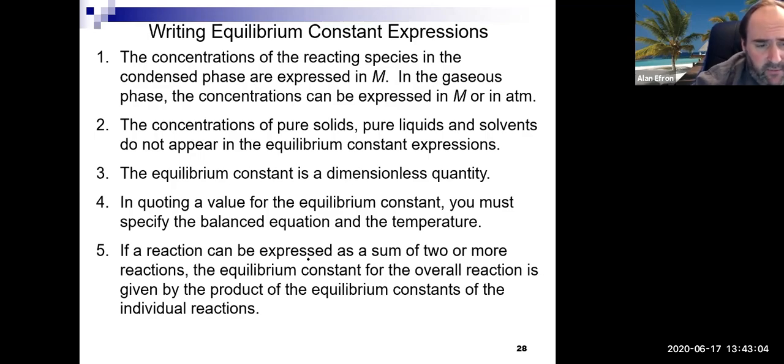And then lastly, I think what we finished up talking about was there are some different ways that you can manipulate K values. And sometimes you need to do that because you're asked what is the K value of an overall reaction. And maybe you're given individual reactions in a problem, and each of those has a K value associated with it. So there are several different ways that we can manipulate an equation. But the first important thing, as we talked about as well, is that when you do see a K value written for a particular reaction, it is based on the actual reaction, exactly how it's written,